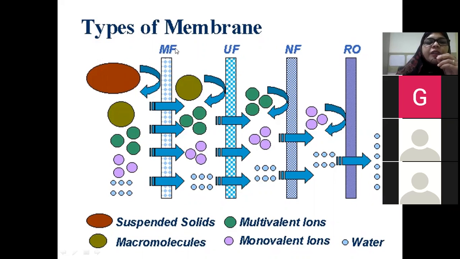Okay, so first I have taken here 4 types of filter. First filter is microfilter. Second is your ultrafiltration. Third is nanofiltration, and the fourth one is reverse osmosis filtration. So from microfilter, you can see that the solid suspended particles cannot pass through it. They are rejected. Okay, आप देख रहे हो उसका arrow वो वापस आ रहा है, वो उसको pass नहीं हो रहा है. And these arrows, straight arrows, blue color, it shows that it passes through this membrane. So macromolecules, multivalent ions, monovalent ions, and water molecule, they can pass from this